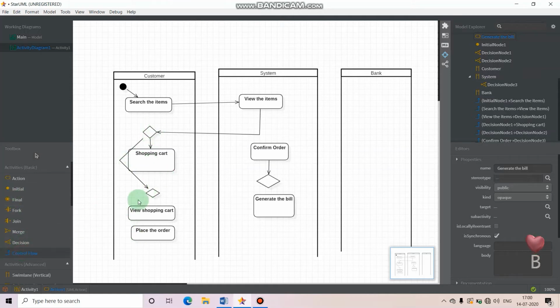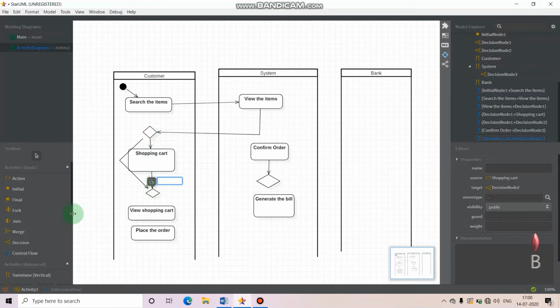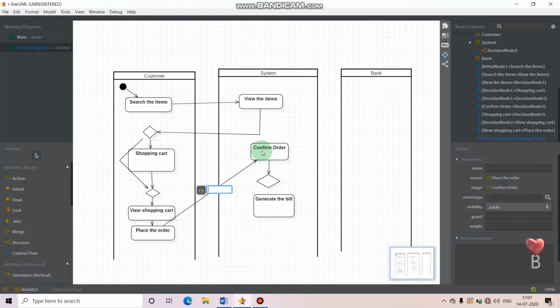Now I will show. See, items are added into the cart, and after the items are added into the cart, at that time he will again verify his shopping cart and place the order. Okay, and at that time the request will be sent to the system to confirm the order, and the order will be confirmed, and he will request to generate the bill. Okay,